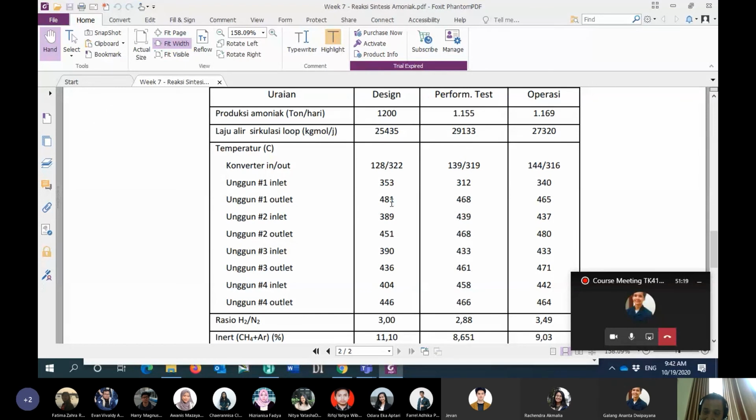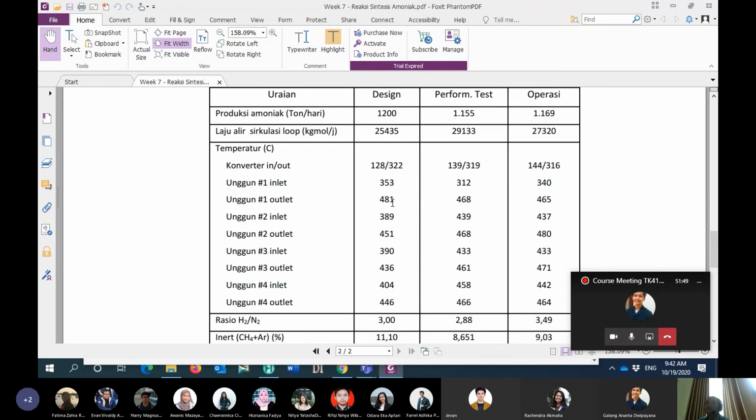But when you come to the industrial plant, when you come to the control room, there will be no data related to the percentage of conversion. Nobody will mention that bed number 1 has a conversion of around 15%. There is no information about that.